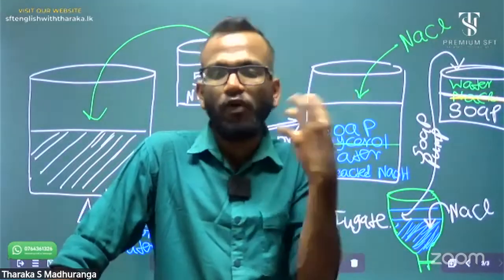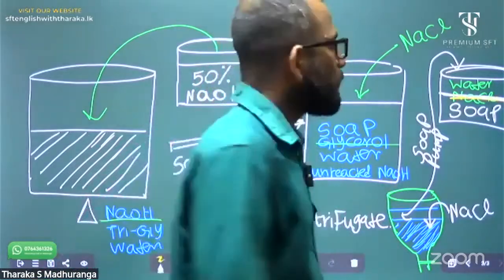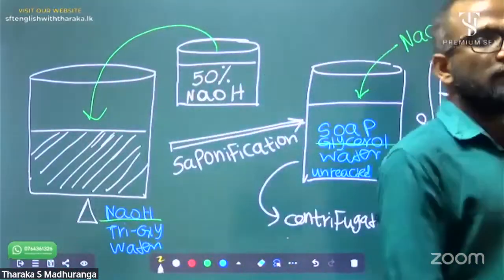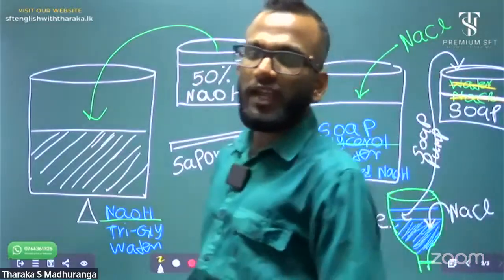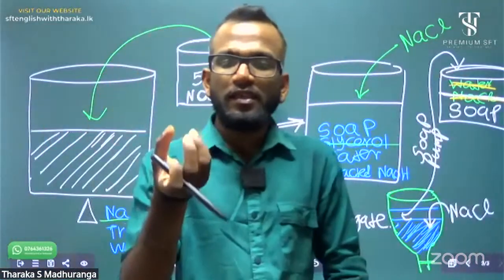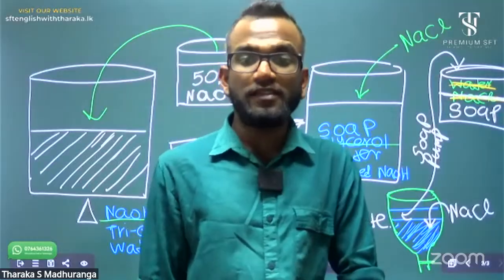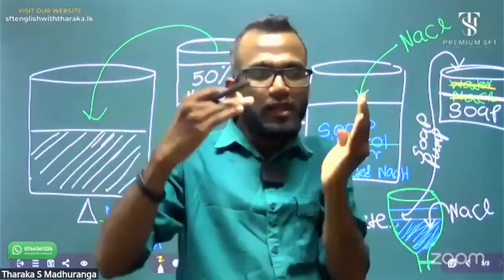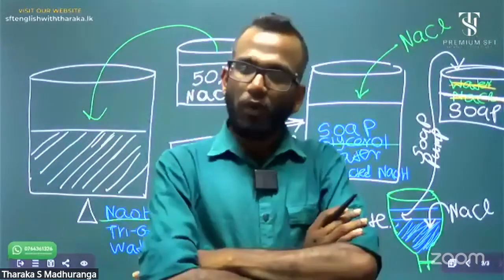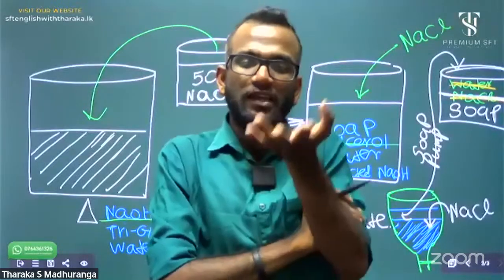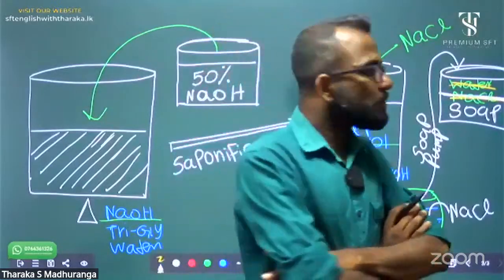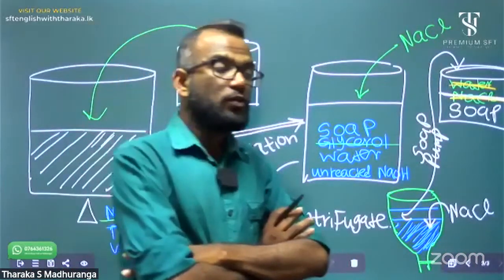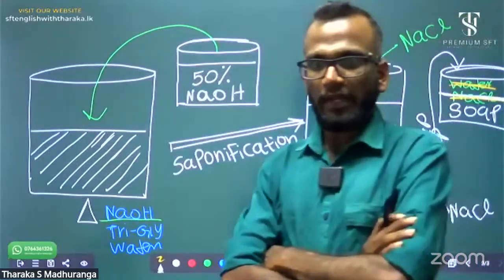We heat to evaporate this additional water. Water is also removed by evaporating through heating. After removing this water, we can feel some increase in thickness. We can see the thickness of this soap increasing, the density is increasing. Now, when the density increases, we have to add filling materials.